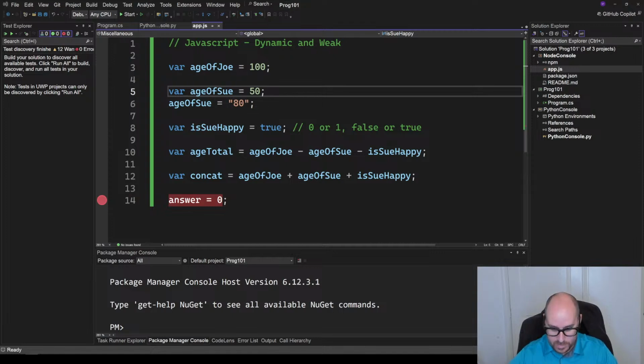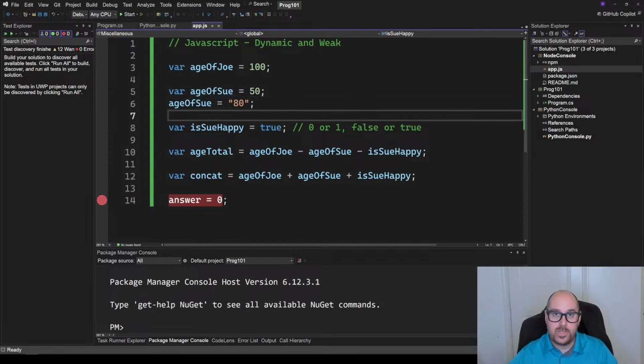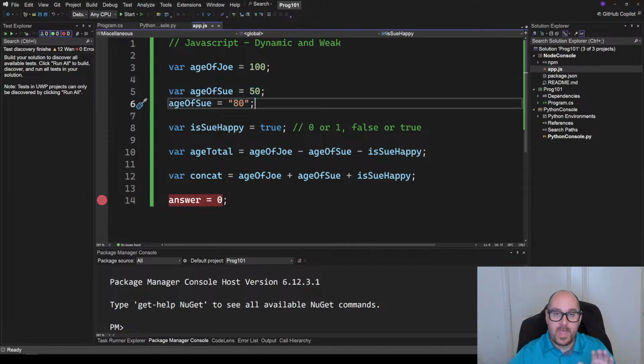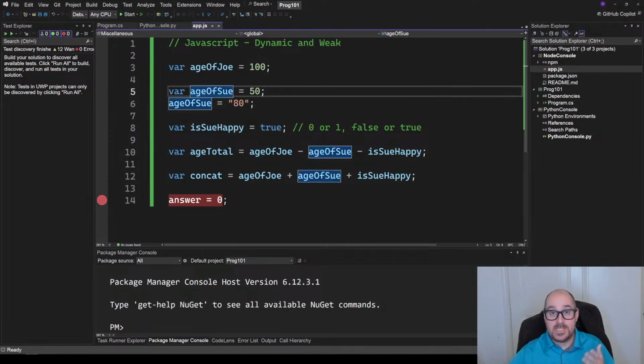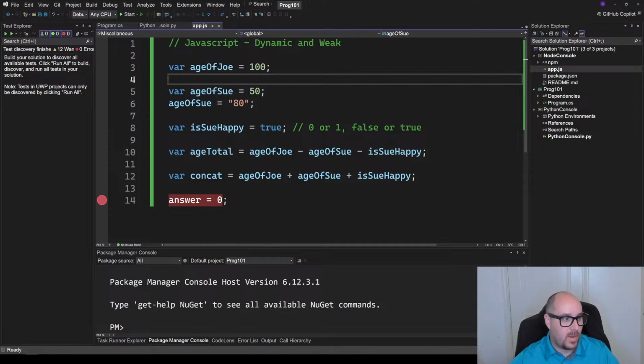Let me click over here for a second. It doesn't really care what you're doing with your variables. Sometimes it can get a little bit finicky, but for the most part, you're saying it's 50, it's a string called 80, and it'll figure it out when it gets to the runtime. So in here, age of Sue doesn't even exist. I'm telling it some instructions, but age of Sue doesn't really exist. It's not compiled and it's not running. But when I'm running the code,